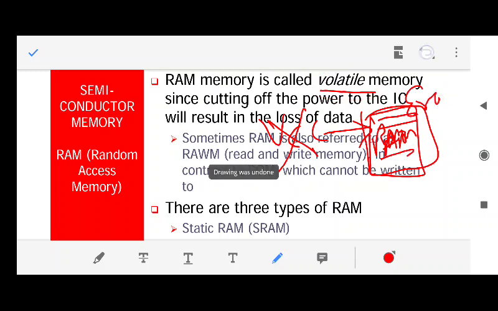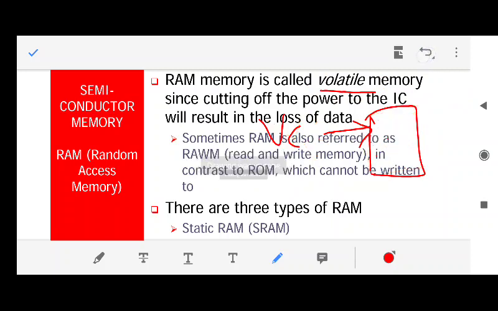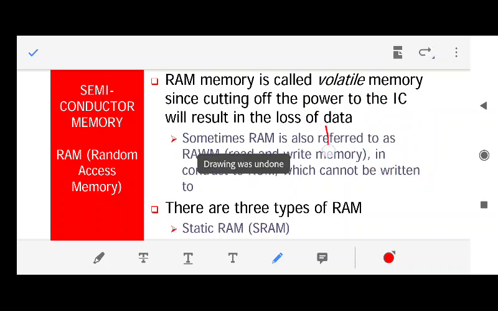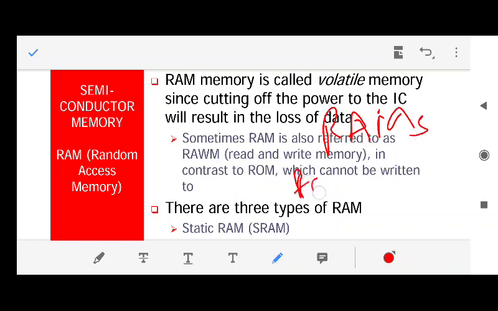Fine. There is one more type of RAM, which is non-volatile memory. Now what is non-volatile memory? If you give power and write something, and then cut off the power, the same thing will remain there, something like your pen drive. But what is the difference between RAM and flash memory or a pen drive? The RAMs are much faster as compared to flash memory or secondary memory like a hard disk.